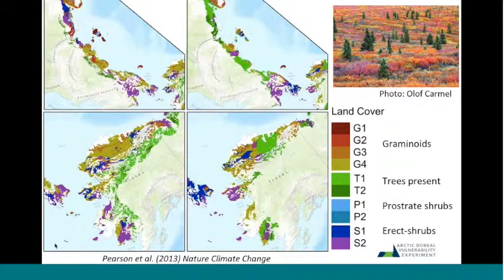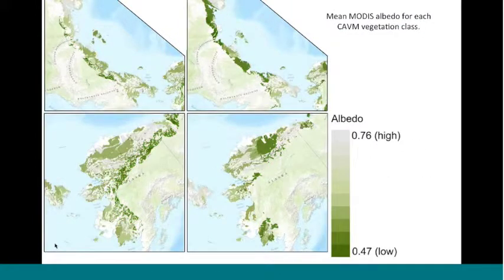So the photo shows what we mean by, for example, these green areas that appear on the North Slope, where trees are present. That doesn't mean there'll suddenly be a boreal forest established there, but there will be trees present, and that has big implications for what happens in terms of energy balance, how snow collects around them and changes, the carbon biogeochemistry, nutrient cycling, and so on. So there'd be big implications of the presence of trees and densification of shrubs on the North Slope.